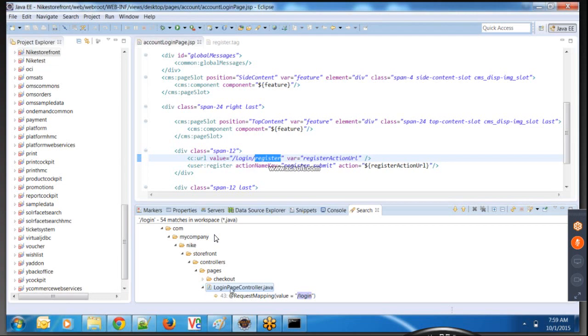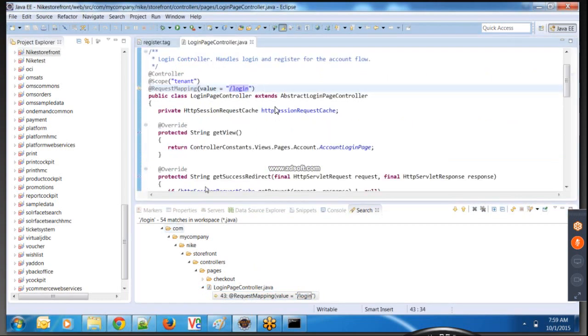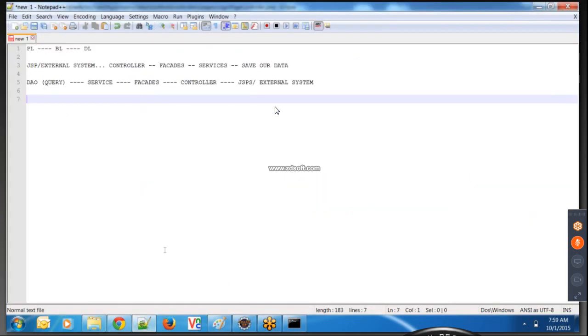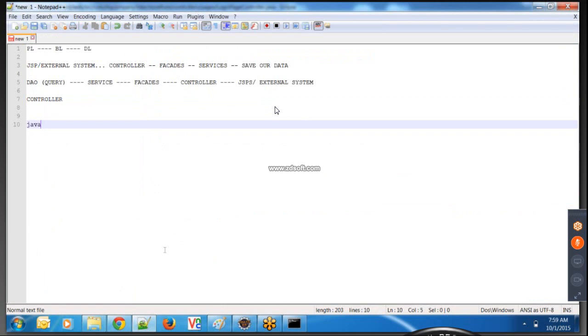Okay. How did it know that it should hit this particular controller, and how did it know that this is a controller? See guys, this is a standard. If you are interested in creating your own controller, the first and foremost thing is to write a Java class. So you'll write your class, my controller. In order to make this class